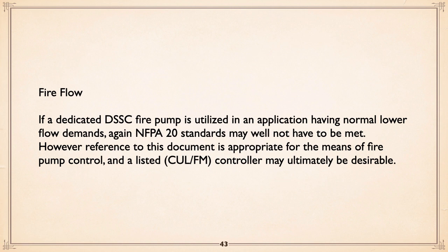Fire flow. If you've got a dedicated fire pump in an application having normal low flow demands, again, NFPA standards don't have to be met, but you may want to consider reference to the document and use a listed, in Canada, cUL, in the US, UL, or FM listed controller. That way, if the issue comes up, you can say to people, look, we actually are using a listed fire pump